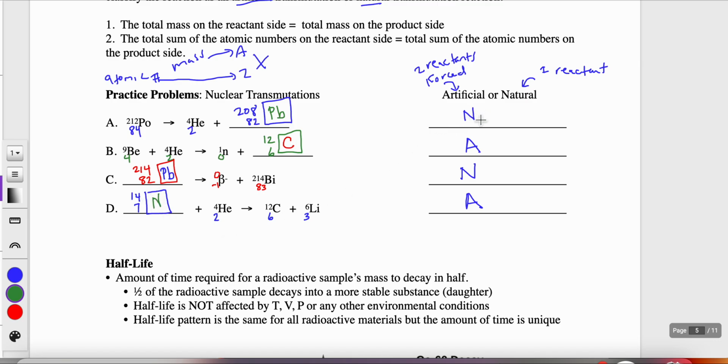So be able to classify if the nuclear reaction or transmutation is natural or artificial, be able to determine a missing particle's identity,